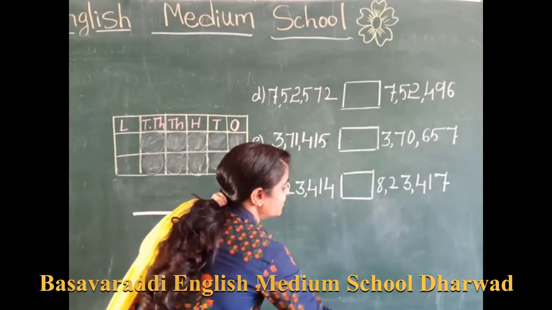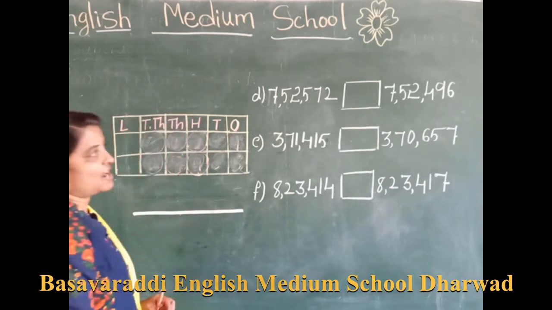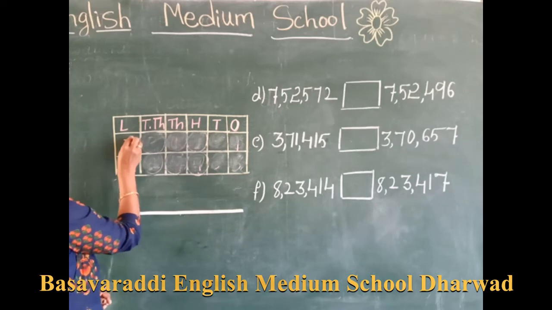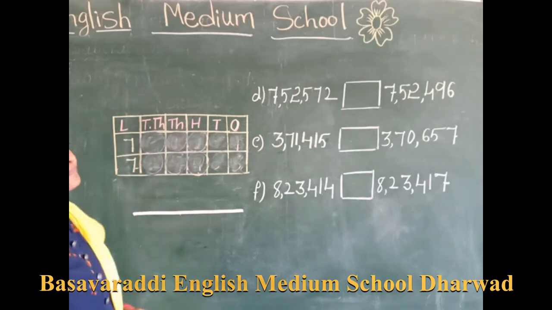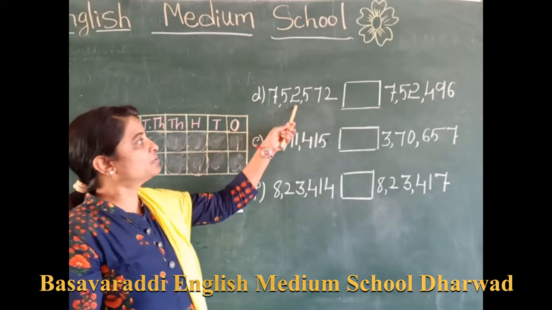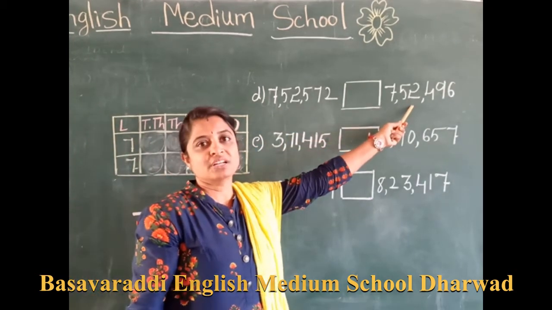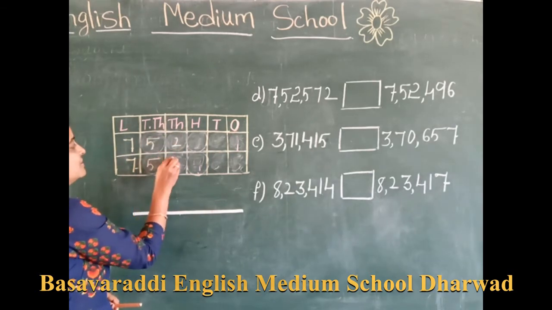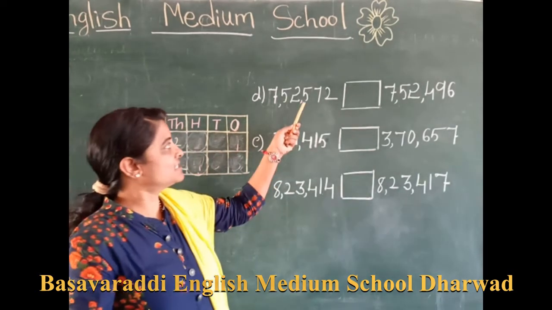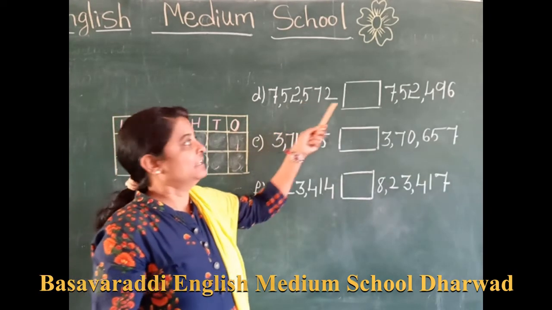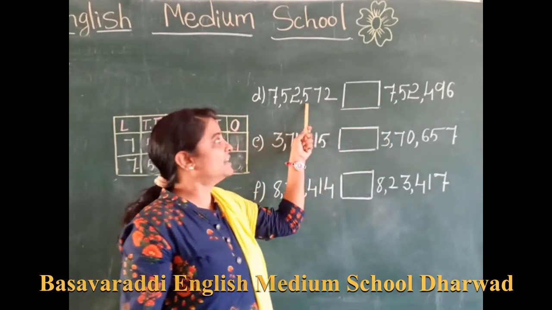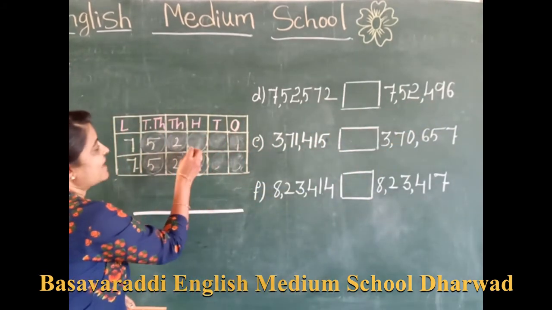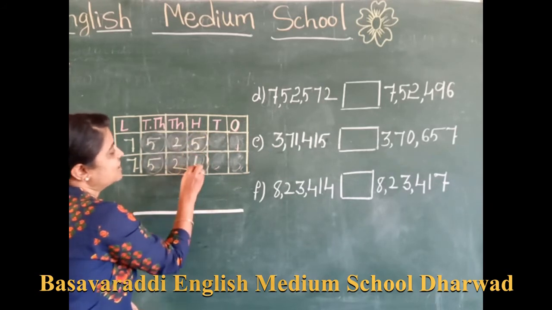What I told: while comparing, first we will put the numbers in a place value chart. Then it is up to lakhs. First we have 7 lakh in both positions. 7 lakh, 7 lakh. Then 52,000 here also, 52,000 here also. Then next, in the hundreds place, here it is a 500. Sorry, here is a 500 and here is a 400.